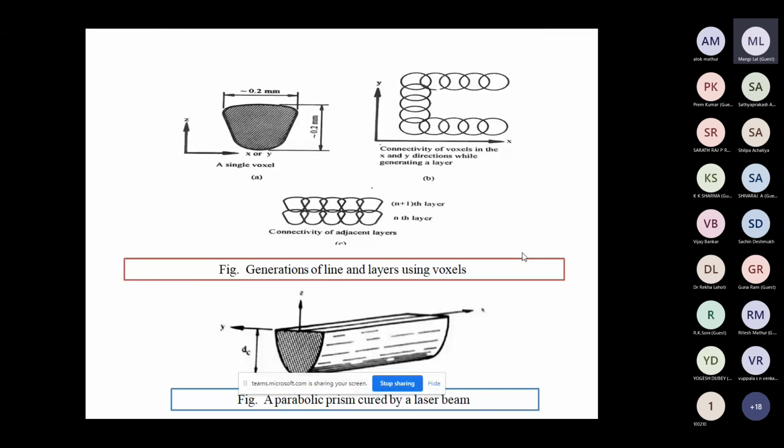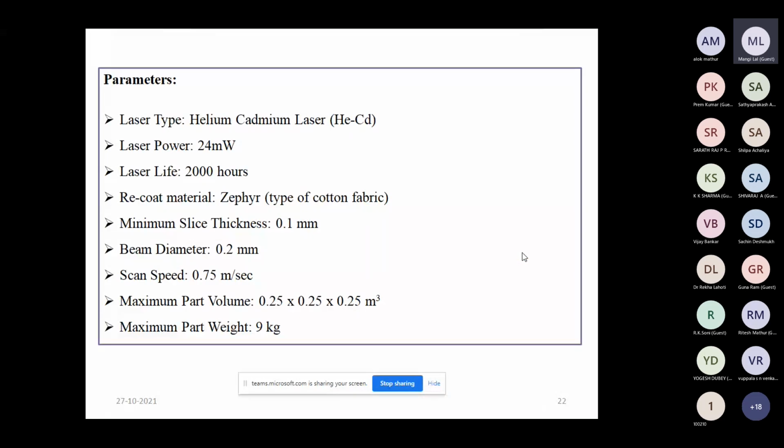To eliminate this problem, after the production of one product, further curing in an oven is also done so that the whole curing process can be completed. So what are the parameters? Some of the parameters are laser type, helium cadmium laser, then laser power, laser life, and recoat material. So what is the recoat material?